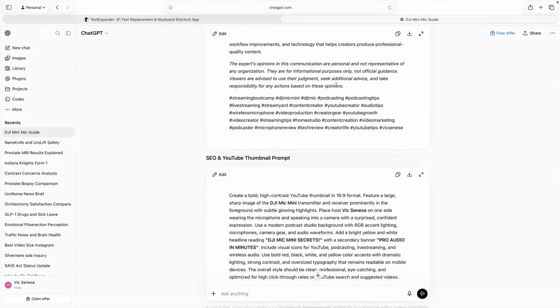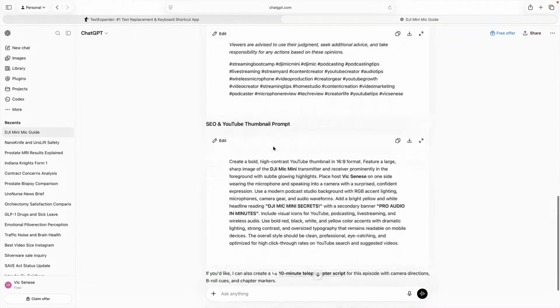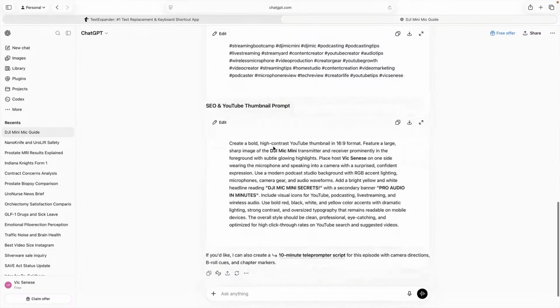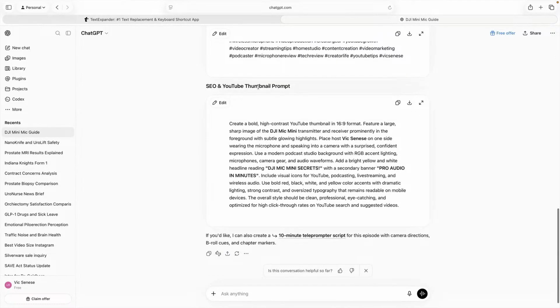Here's my little non-disclosure statement. Also, it'll even come up with hashtags to help promote your video. Now, here's the really cool thing: SEO and YouTube thumbnail prompt. It actually creates the thumbnail prompt that you can go ahead and put into whatever your favorite